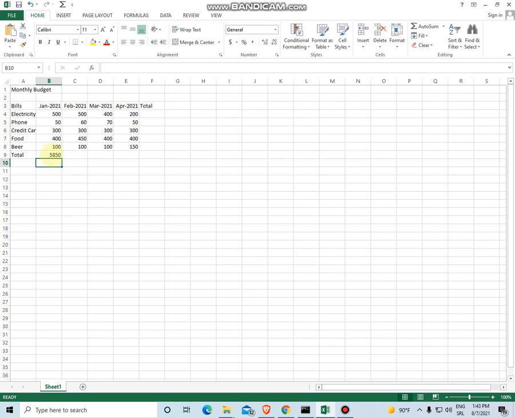Let's delete that zero. What if I update the phone bill? For example, instead of 50, if I type 100, you see the result remains the same, the total is the same. So this is not a very good solution.